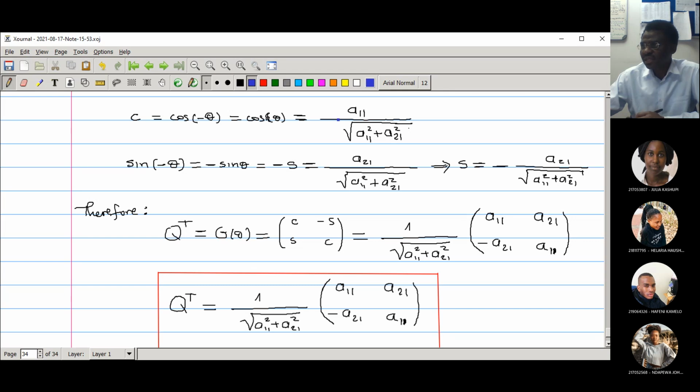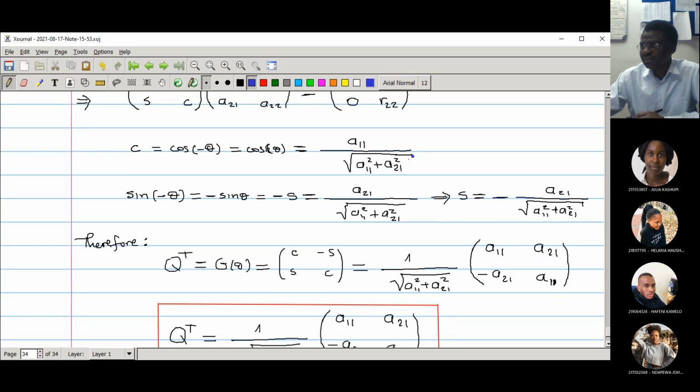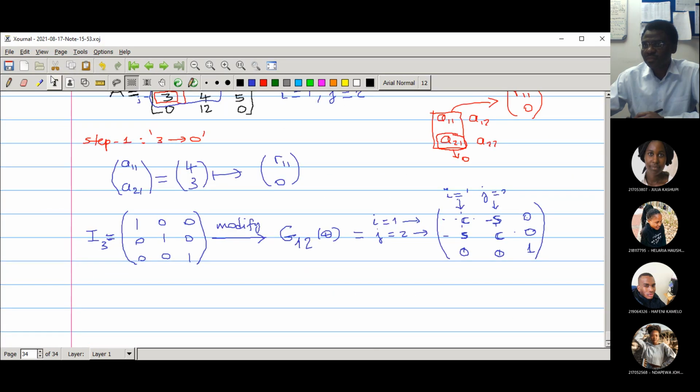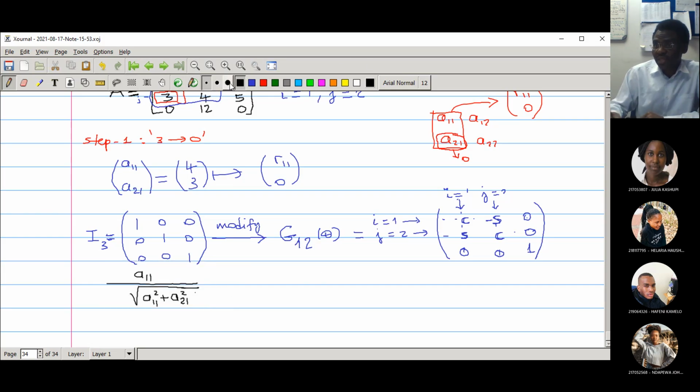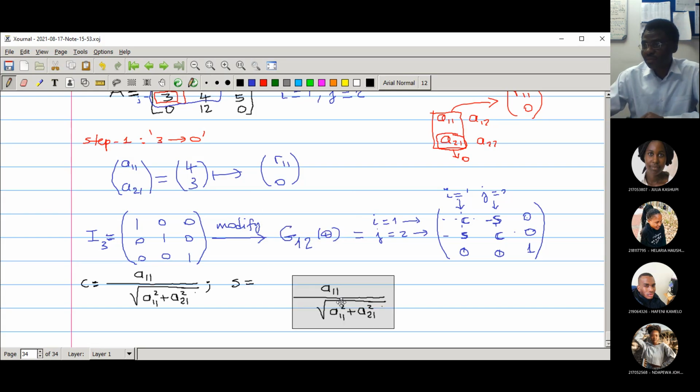This is the value of C, and this is the value of S. So this is C. C is equal to this value, and S will be equal to negative